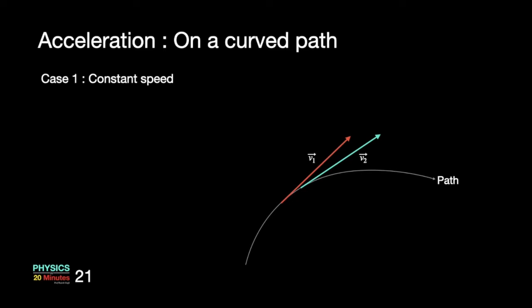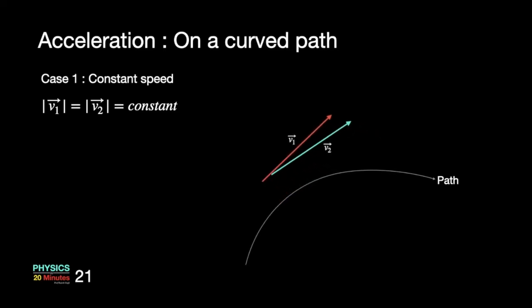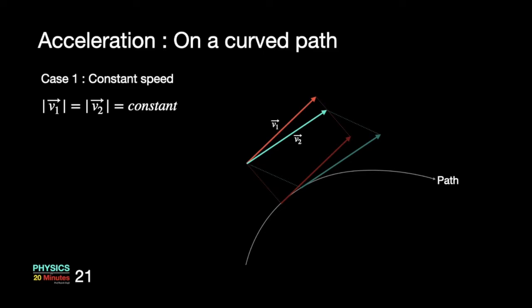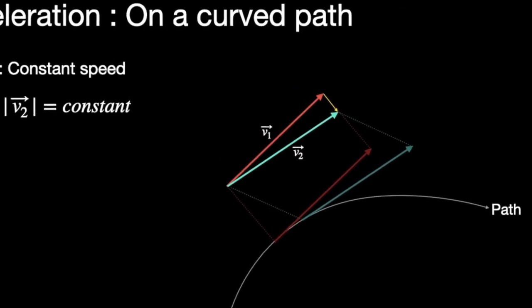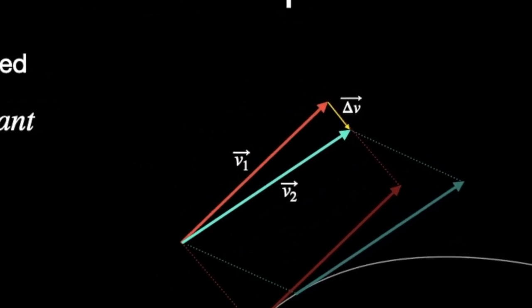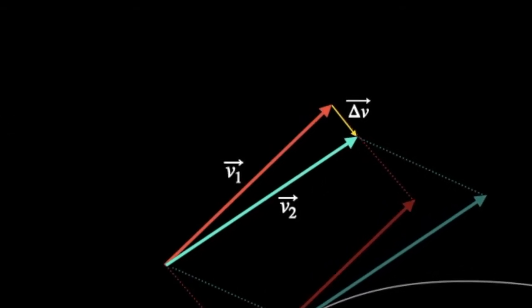Both of these velocity vectors will have the same length because the magnitude of the velocity remains unchanged, as the motion is with constant speed. What will be the change in velocity? The change in velocity can be obtained by applying the triangle law of vector addition. We can translate the two vectors from their own position and form a triangle. The third side of the triangle would be given as the change in velocity vector, that is vector delta v.